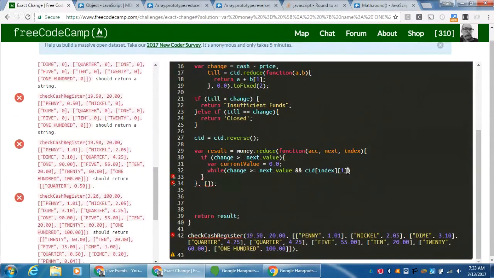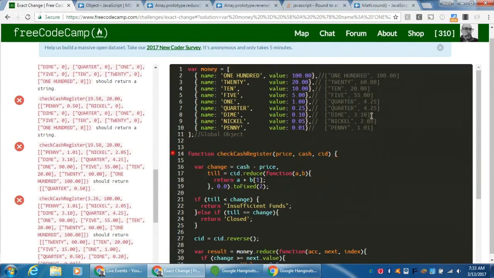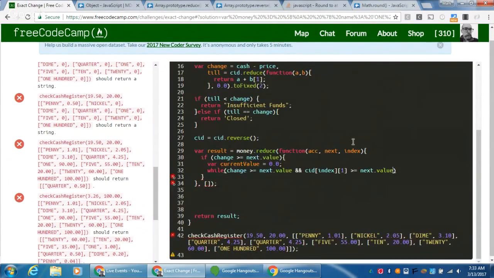I want to take a look at that value and make sure there's enough of those to actually do math with. So remember what I told you before, that if I actually only had 1/4, I'd have to go down to dimes. So after I decrement that value, I need to go down to the next value. So move on. So as long as we have enough quarters,